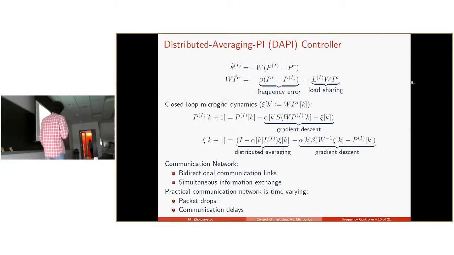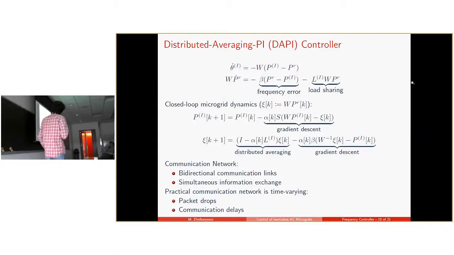In this controller, frequencies are adjusted such that the injections of the inverters track the set points, and then the set points are adjusted so as to eliminate the frequency error and achieve load sharing. Here we have this Laplacian matrix,